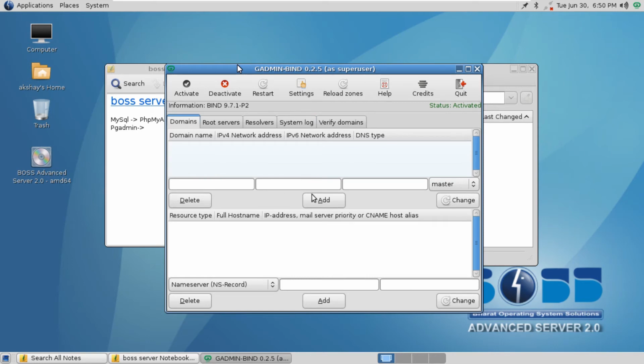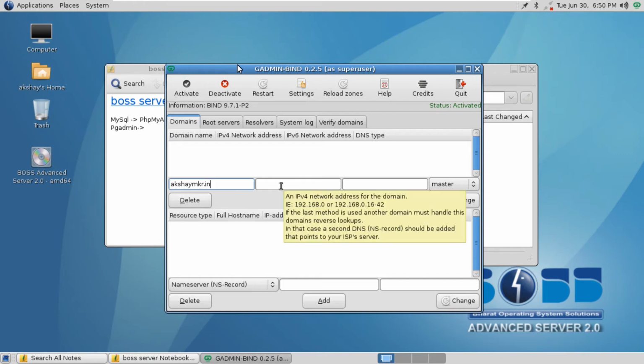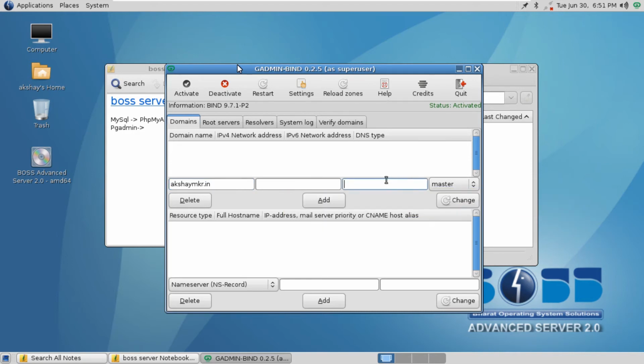Whenever I scroll onto a text box, it will show me what to insert there. This is for the domain. Right now I have one of the domains, your router address, IP address. Actually, my IP is routing to GoDaddy.com. So I'm just showing this as an example. The rest of the things I will customize and configure later.